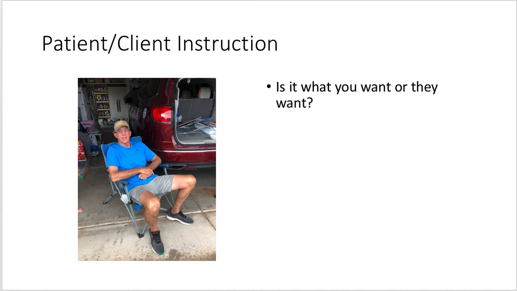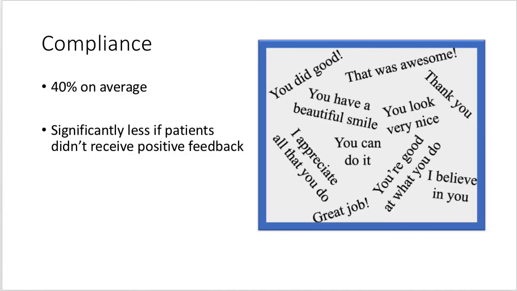But you guys, he was extremely resistant to therapy, in large part because it was almost admitting that he was not doing good enough on his own, right? That there was something really wrong with him. So the therapist that he worked with really had to work through some of that, and she had to really come to, am I really getting to what he wants to do, or am I telling them what I want them to do and what I think they should do always and foremost? The minute that he started to get involved with his plan of care, he had choices, it started to go much better. So keep that in mind, okay?